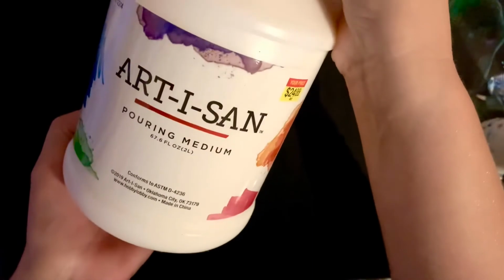I am going to do this whole pour with a voiceover. I just didn't feel up to talking while I was painting when I created this one. I'm using a new pouring medium, the Artisan. I mixed that just with the teal. All the rest of my paints were mixed with Floetrol and a little bit of water to get to the